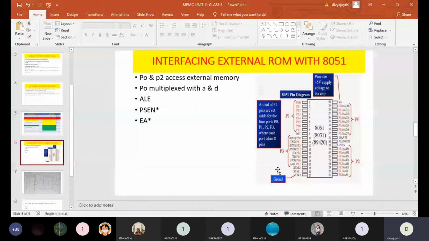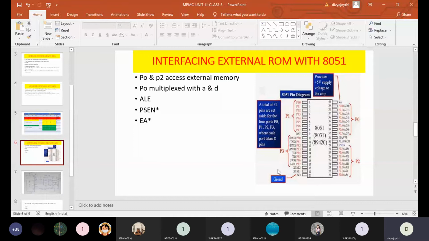So this entire instruction, MOV AX, BX, will be there in program memory. That means data needs to be moved from register BX to AX. So that instruction needs to be executed on one particular data, and that data will be available in data memory. So program memory and data memory are different. Program memory will have the instructions to be executed, and data memory will contain the data on which the instructions need to be executed.